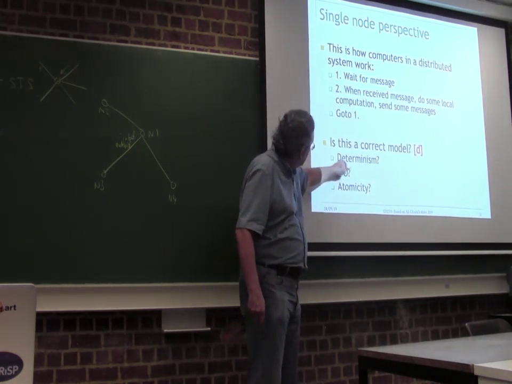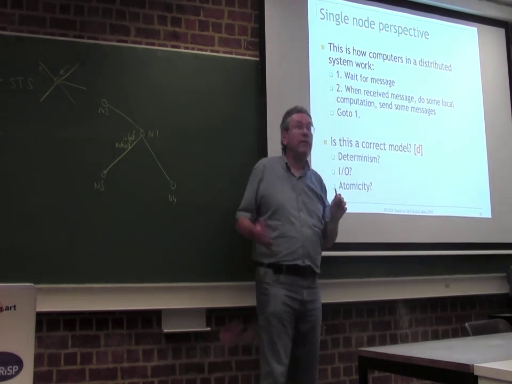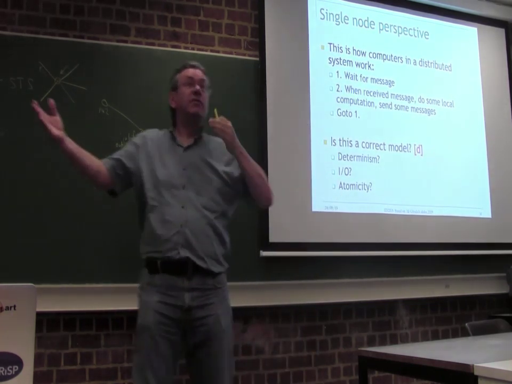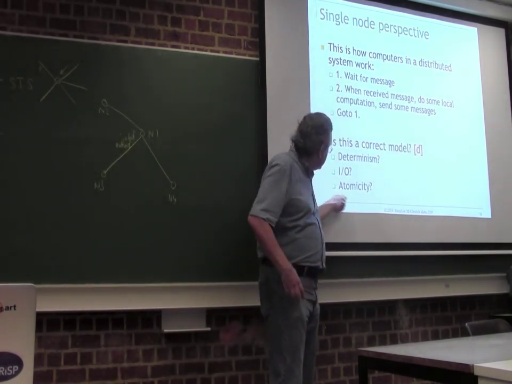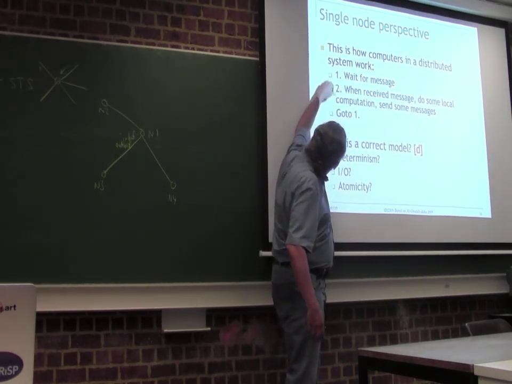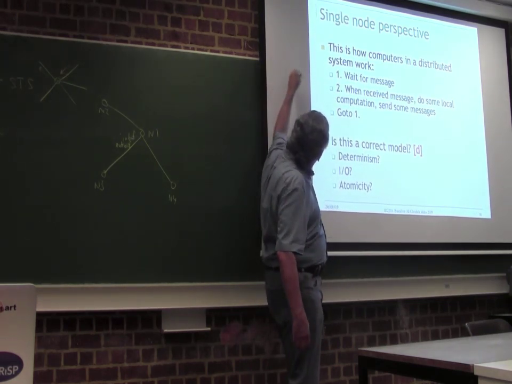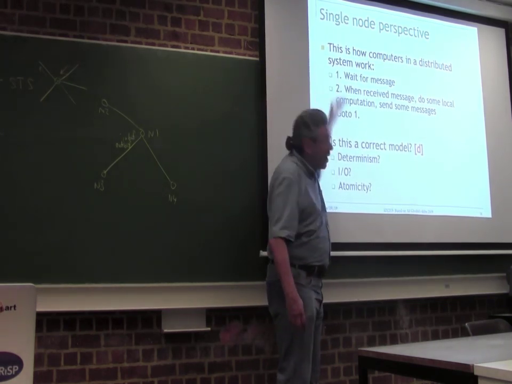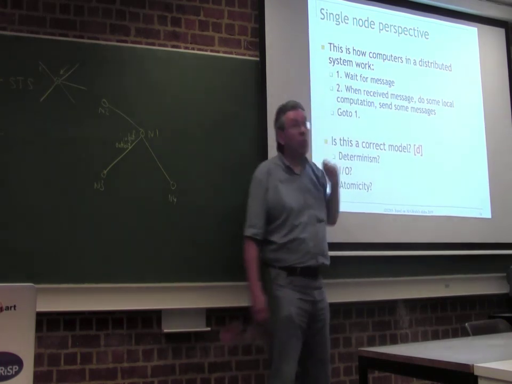And I/O, it's also okay, like files and so on. We're not worrying about that here. We're worrying about the distribution aspect here. So that's okay. Atomicity. So when the computation is working here, if a message arrives in the network and I'm in point 2, I will not see that message until I go back to point 1.